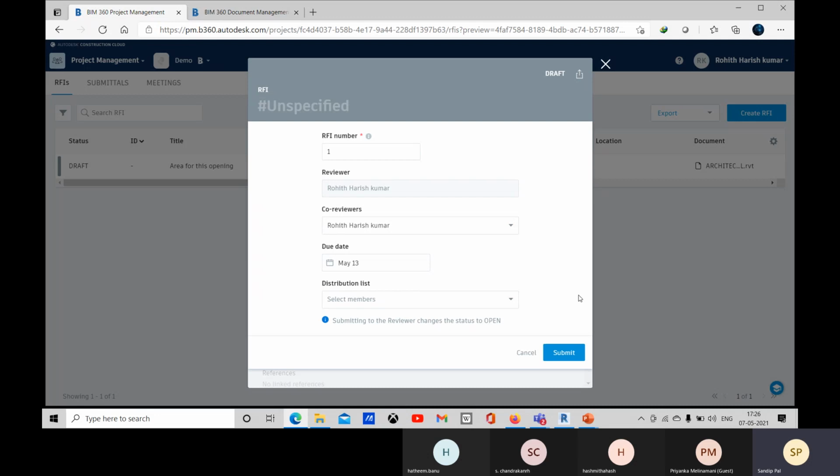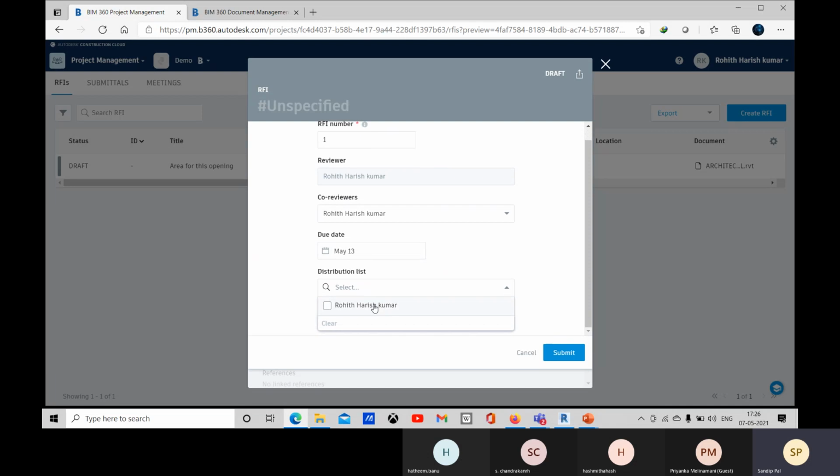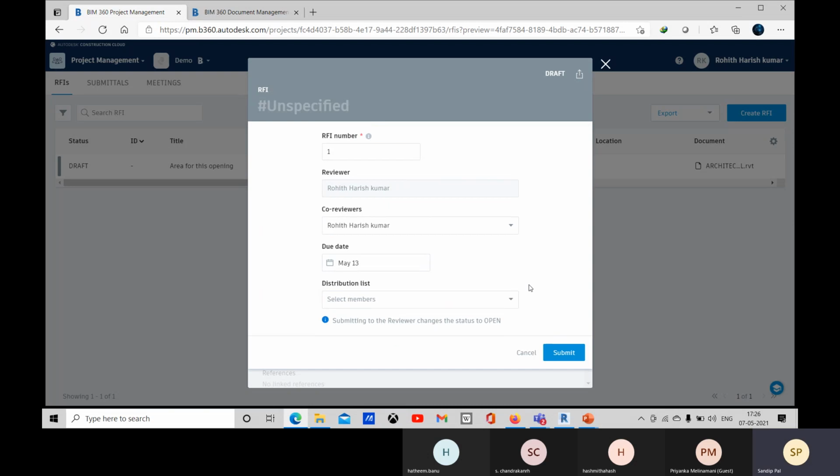I can't log in with another account. So within my account, I'm showing you that this is the RFI, and I'm going to submit it to the reviewer, and I will be the reviewer only. And if you want to distribute within other members, you can select. Okay, so let's go for submit.